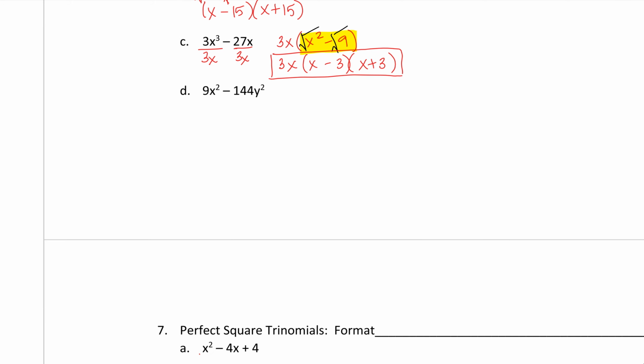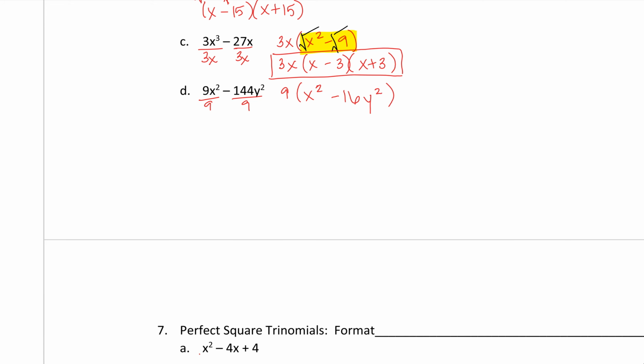Again, look at d. I have 9x squared minus 144y squared. Now, I know I can take the square root of both of those terms, but first, I always look for a GCF between them. So I'm going to look at 9 and 144, and see if maybe 9 can go into 144. And in this case, if I do 144 divided by 9 in my calculator, I know that I can pull out that 9. And what's left over is x squared minus 16y